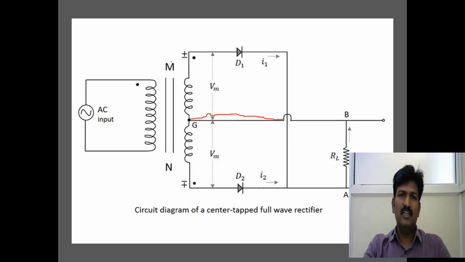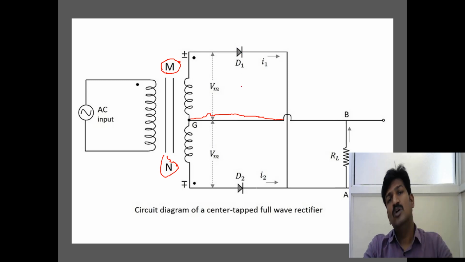Then you should understand the representation of m and n. You have to keep this in mind, and we will talk more about this m and n. You should also understand that the full wave rectifier uses more than one diode. In the center tap full wave rectifier, it uses two diodes connected like this. When diode D1 conducts, I1 exists. When D2 conducts, then I2 exists.